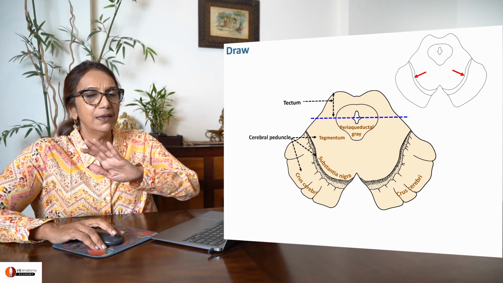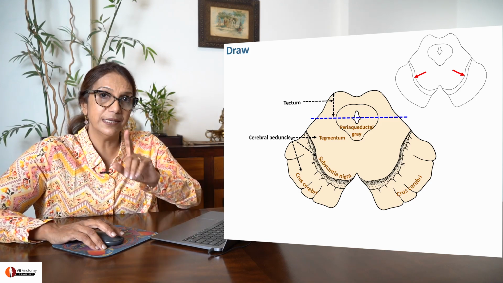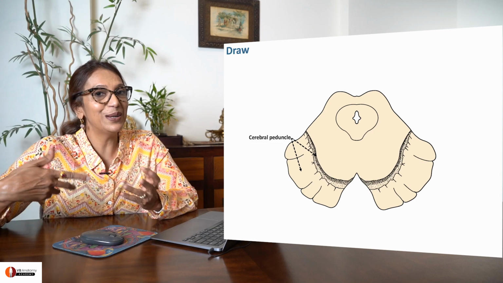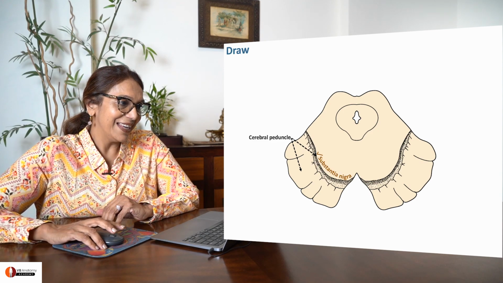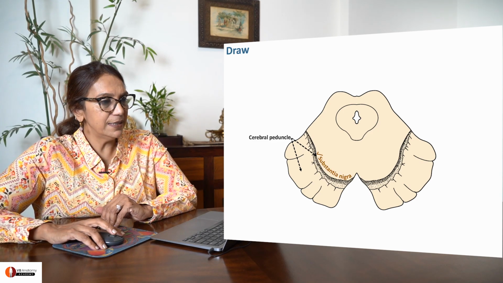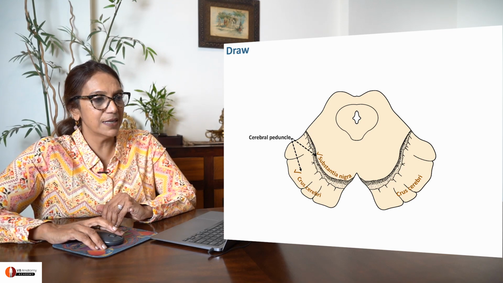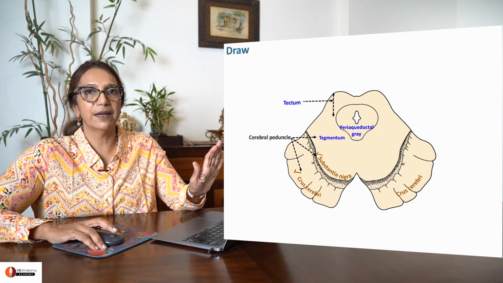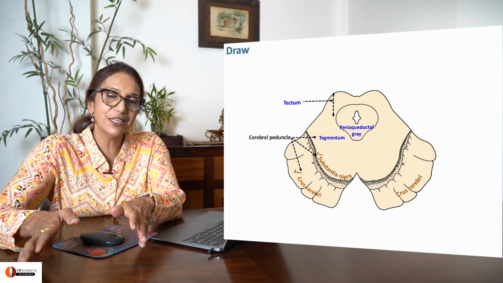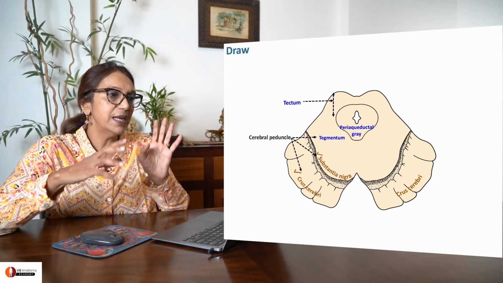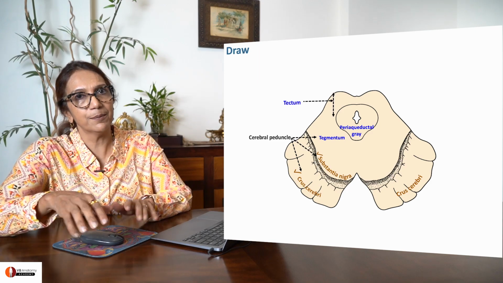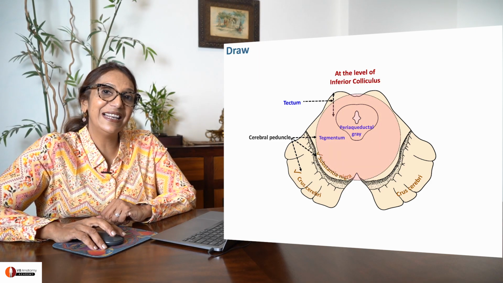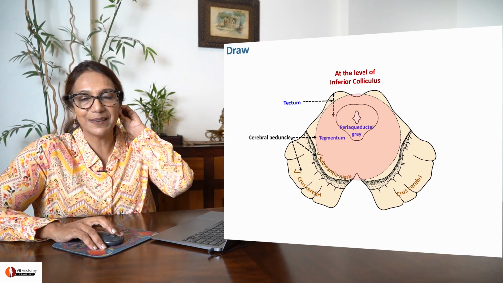You have known all this. Nothing that I have taught you today till now is new to you. I've just revised it with you to bring you into the game, or into the section. Right. So, substantia nigra has been studied. Crus cerebri have been studied. Today, we are going to focus on tegmentum, periaqueductal gray and tectum. Is that clear? The goals of today's lecture? Study the tegmentum, study the periaqueductal gray, study the tectum. Clear? Okay. So, let's do the study at the level of inferior colliculus. Remember that.